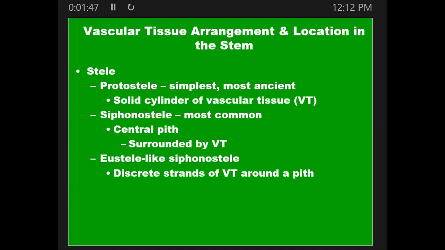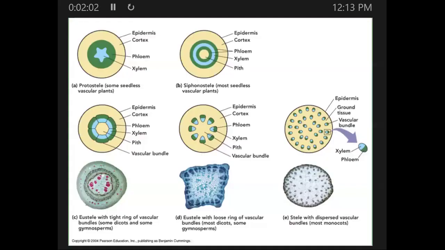So they actually look at this and they look at the arrangement, and that helps them classify the different plants. So if they discover a new plant, that's one of the things that they do, and that's characteristic. And I think you've seen this picture already, where we were looking at when we covered stem tissue just in general. And so we've already looked at monocot stem versus dicot stem. But now we need to look at the other parts of this image here to think about the